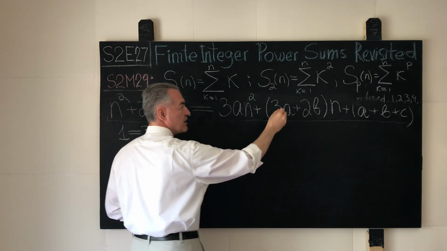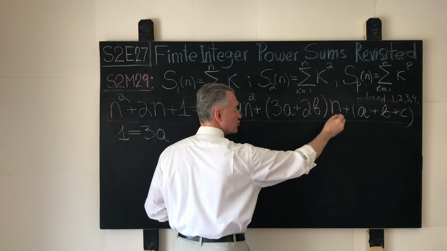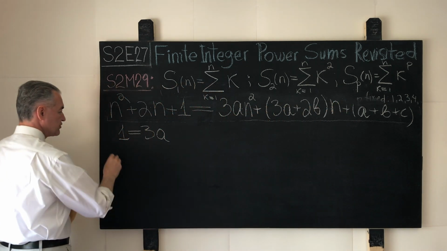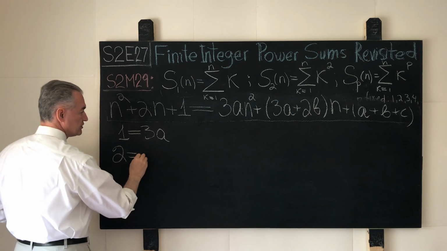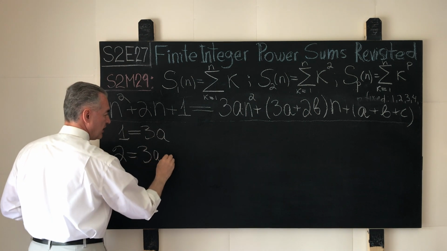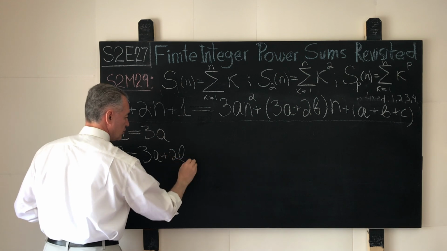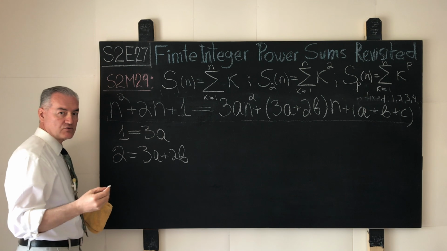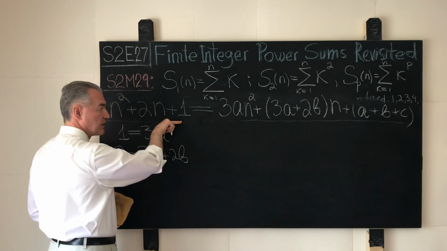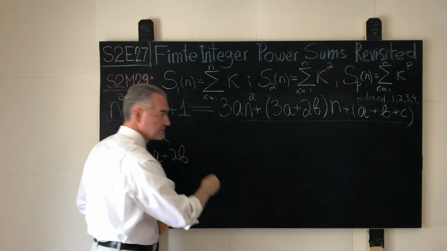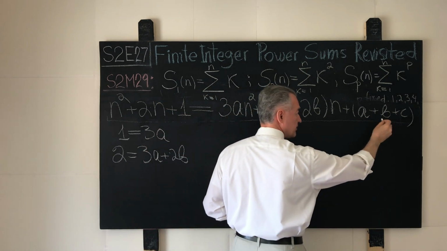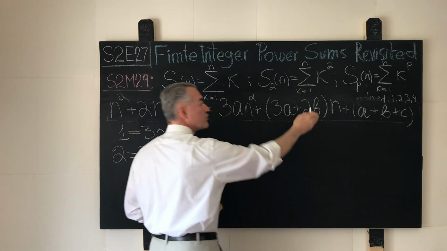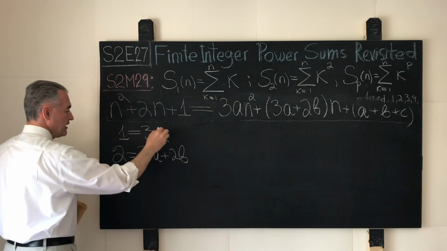And what? 3a plus 2b is attached to n raised to the first power on the right-hand side of the equal sign. Hence, we claim that 2 is equal to 3a plus 2b. Lastly, 1 is attached to n raised to the 0th power on the left-hand side of the equal sign, and the sum a plus b plus c is attached to n raised to the 0th power on the right-hand side of the equal sign. Hence, we claim that